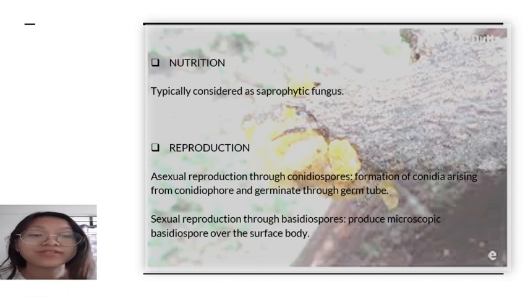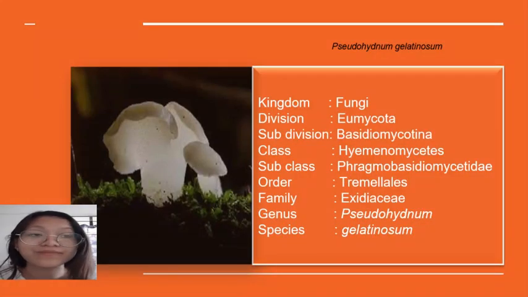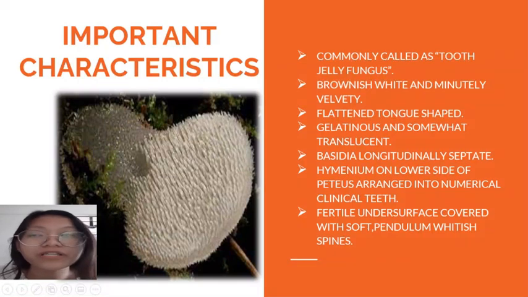Another example under this order is Pseudohydnum gelatinosum. It belongs to the kingdom Fungi, division Eumycota, subdivision Basidiomycotina, class Hymenomycetes, subclass Phragmobasidiomycetidae, order Tremellales, family Exidiaceae, genus Pseudohydnum, and species gelatinosum. Some of the important characteristics are they are commonly called tooth jelly fungus, and they are